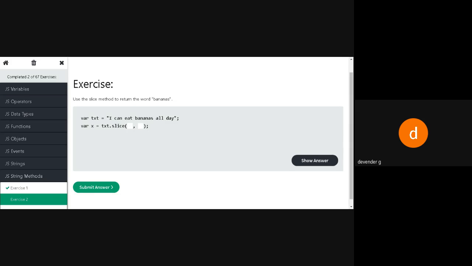So we'll count this one right now. One, the space is two, three, four, five, six, 7, 8, 9, 10. So here I'll be writing 10 characters. After this, how many do you want? 1, 2, 3, 4, 5, 6, 7. So we need 17. Then I'm going to get the banana.